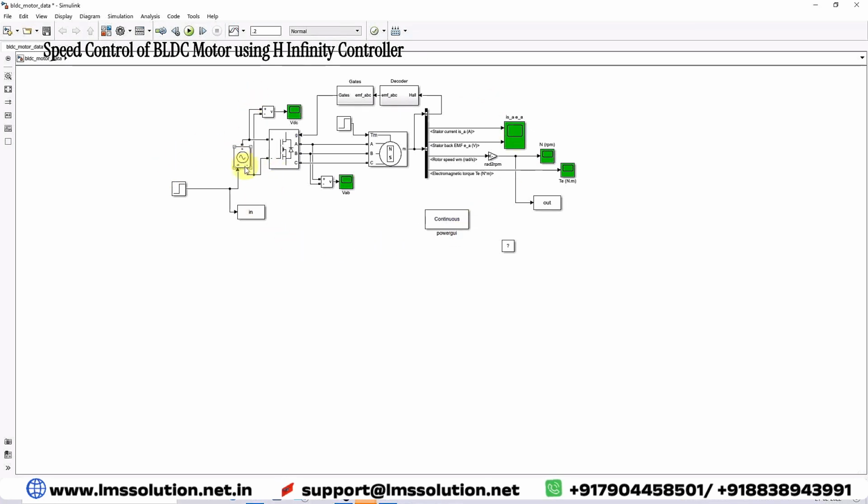It consists of a controlled voltage source and then a voltage source inverter, BLDC motor, and then we have gate generation based upon Hall sensor, and then these are the measurements of the BLDC motor like stator current, stator back EMF, rotor speed, electromagnetic torque. In order to apply the H Infinity controller, first we need to find out the transfer function model of